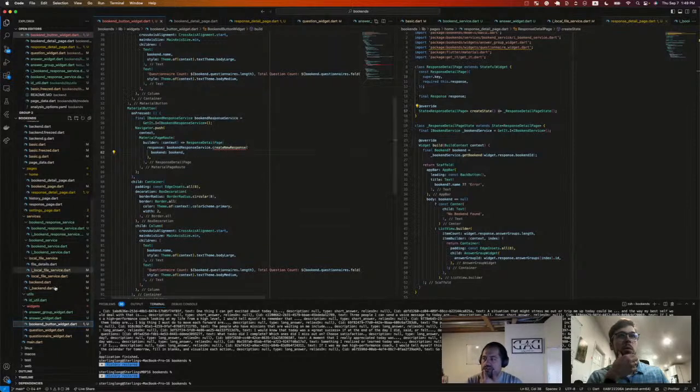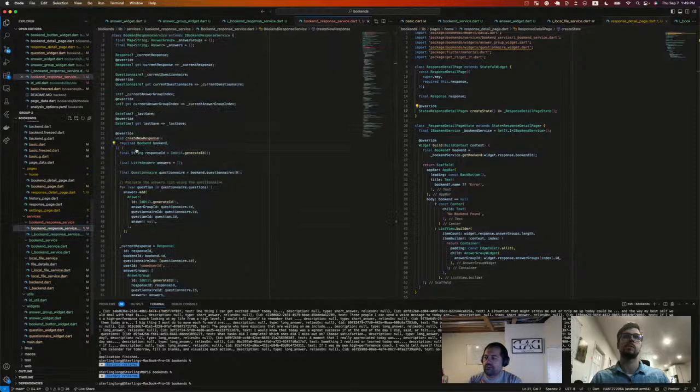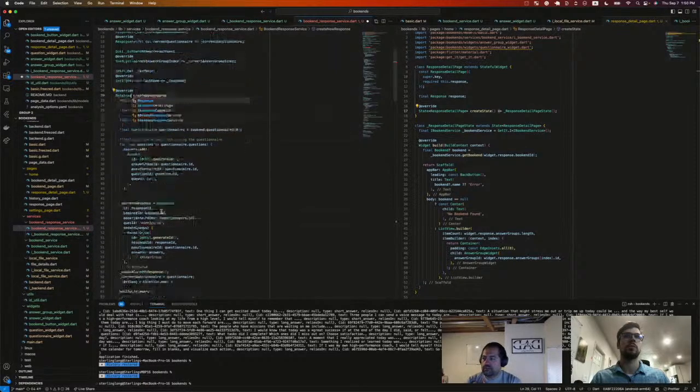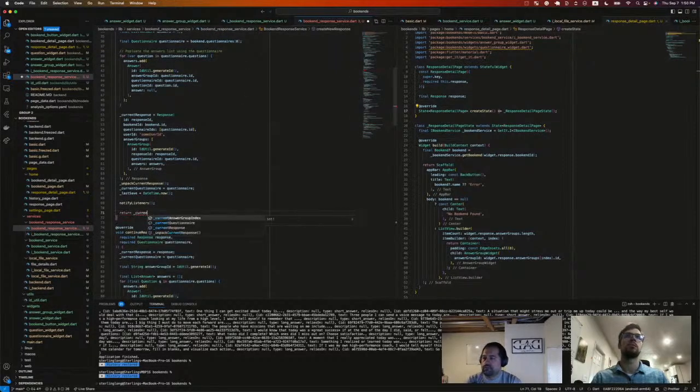Yes, answer group is what? Filters, so answer group. My answer group model. This answer group model is ID, response ID, question ID, answers, list of answers. Doesn't follow the model because it can't. So answer group. Probably want user ID in here.